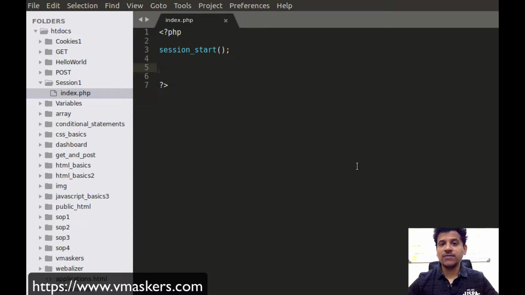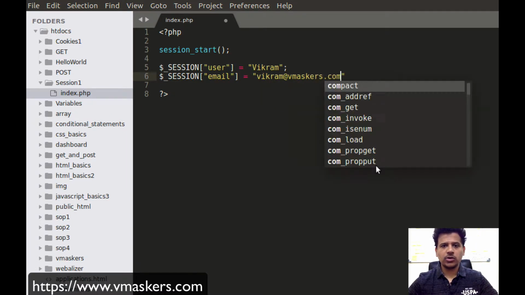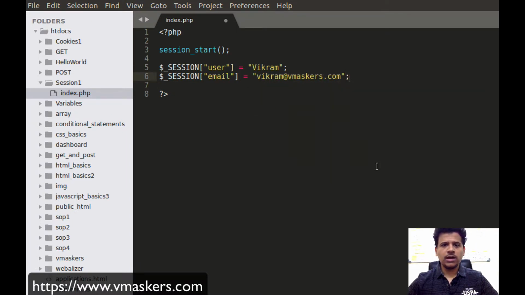Now we want to save the value user, Vikram. For that we will use the global variable $_SESSION. Inside a square bracket, let's give a variable name, that is user. Let's give the value, that is Vikram. Now let's create another variable, session email, equals vikram@vmaskers.com, with a semicolon.